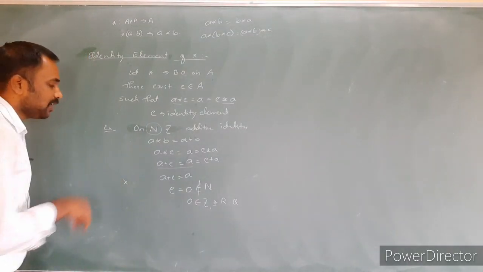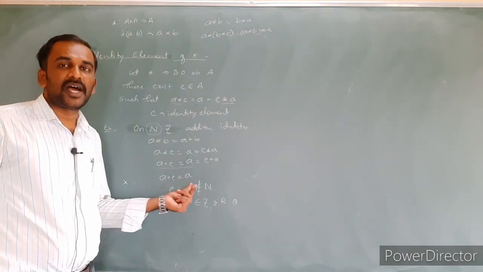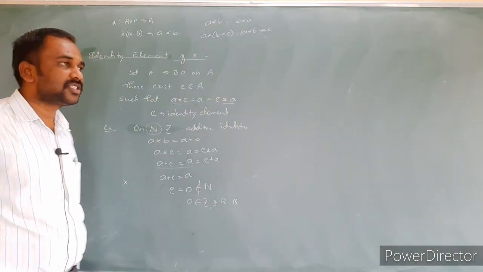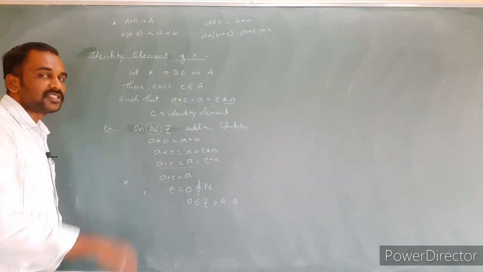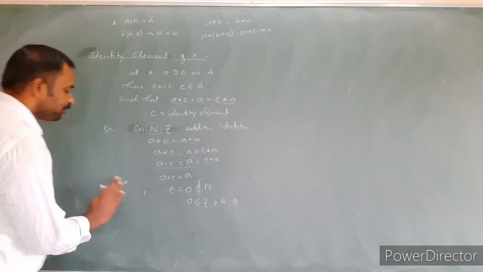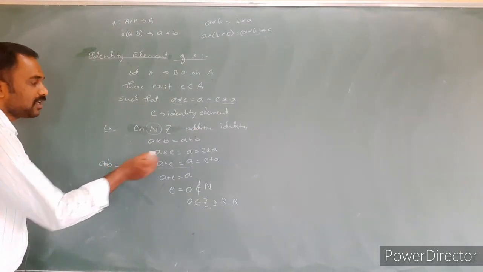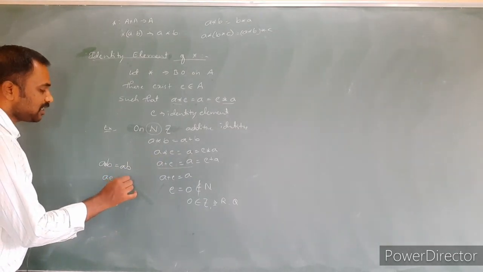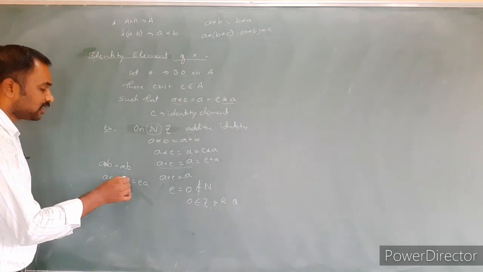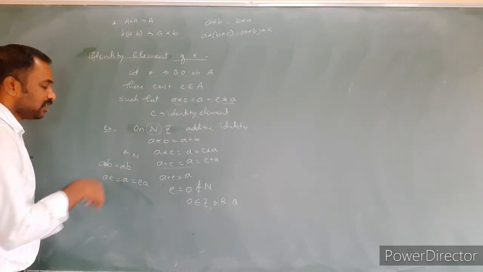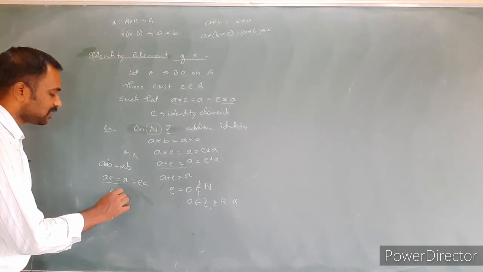Similarly, the multiplicative identity. That means for any number, which number do I need to multiply by to get back the same number? What is the multiplicative identity? 1 is the required multiplicative identity. For your convenience, A star B is equal to AB. According to this definition, AE is equal to A as well as EA is equal to A on the set of natural numbers. Commutative law is satisfied. What we can say is that E is equal to 1.